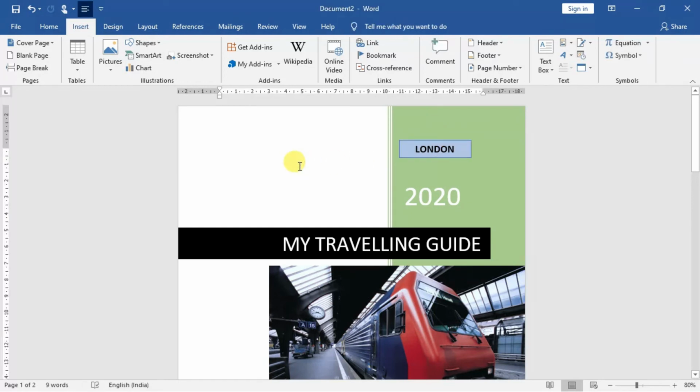The cover page definitely increases the attraction of the document that you have made. This is especially useful when you are creating projects, the front page of the project. You can write over here the Technical Public School Siliguri and the subjects as well. Fine. So you practice this one also. Okay, and the rest. Thank you.